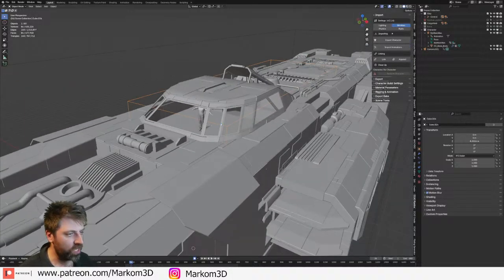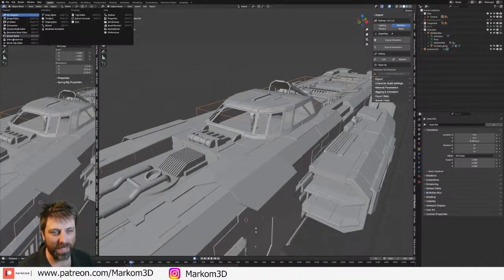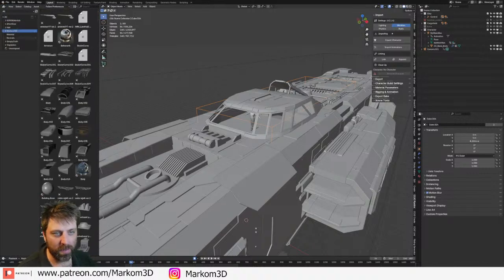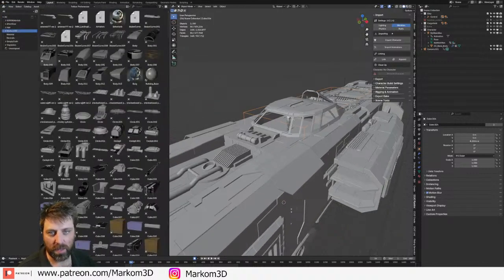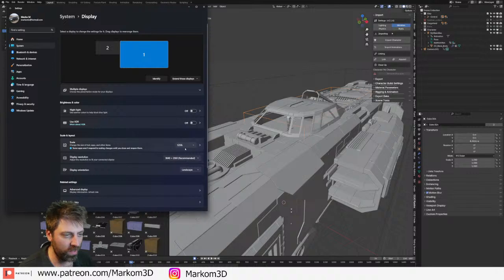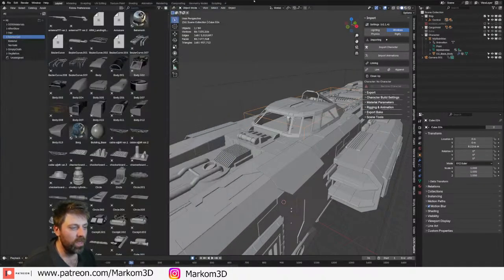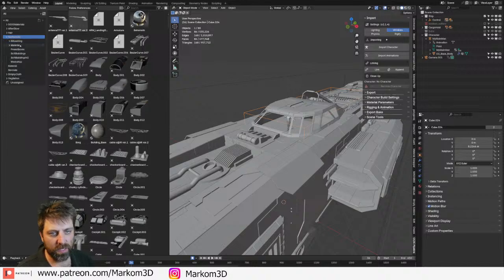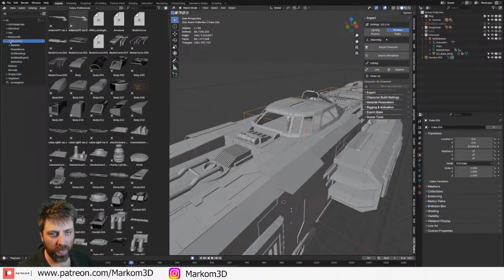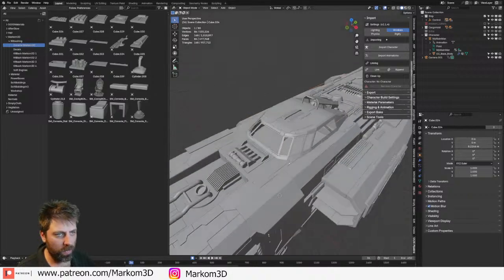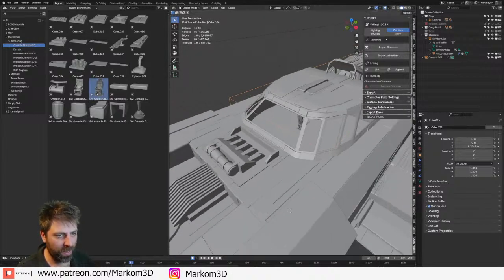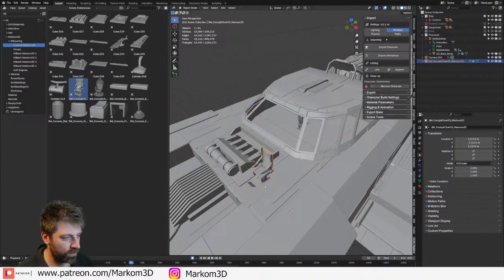First things first, we probably need a chair. Now, I could probably just slap in chairs and get this thing done. Let's go into the asset browser, into Markham 3D. I've got a feeling I've got the wrong size screen. Let's right-click Display Settings, and we'll change this to 150%. There we go. And then let me bring my chat back. Let's go into consoles. I do want to remake some of these chairs. Okay, here we go. So we'll slap in, I reckon, this chair.